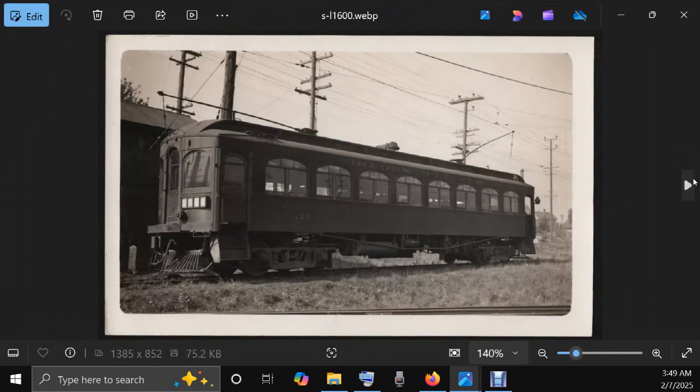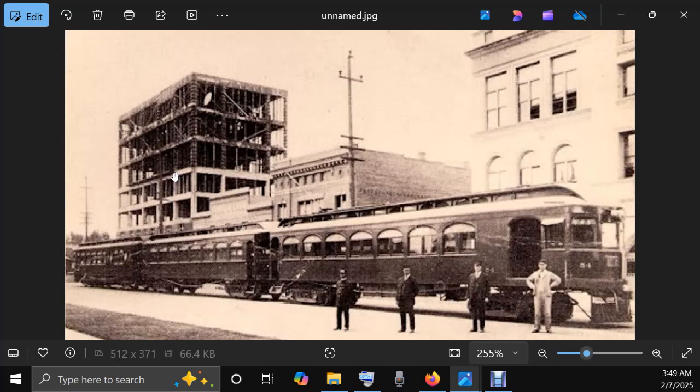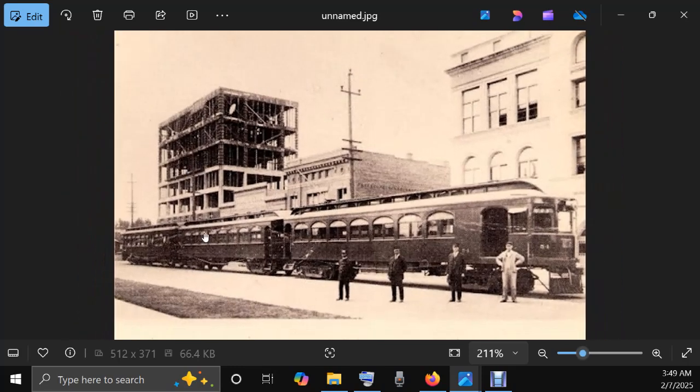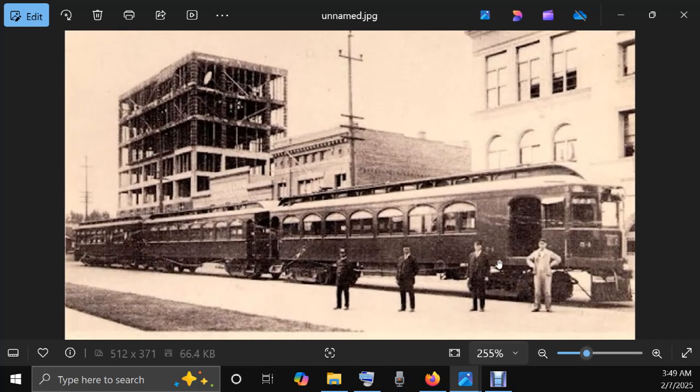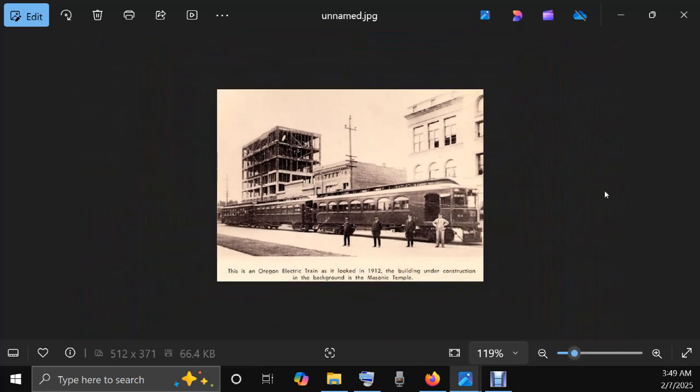Next, there's an old timey electric train between Salem and Portland. This is an Oregon electric train as it looked in 1912. The building under construction in the background is the Masonic Temple. Yeah, it looks like an office building. Okay, but yeah, these guys are up there. I'm surprised that's not number 33. It's 54. So,